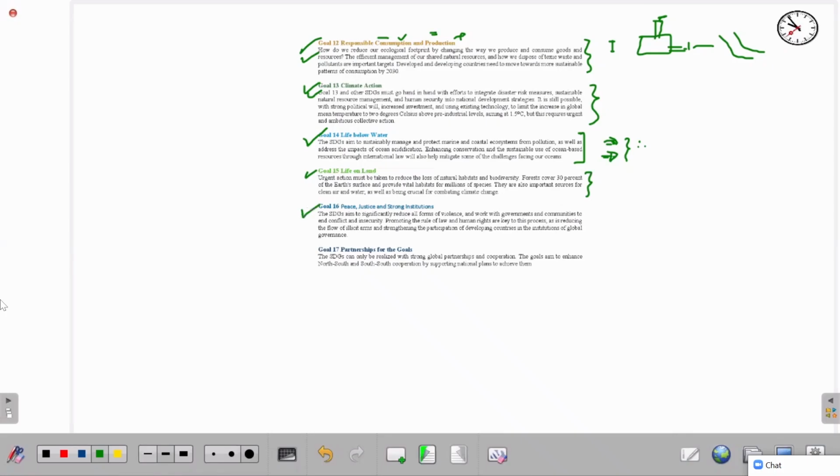And the last two goals are goal number 16 and 17. So goal number 16 is the general goal, which is peace, justice, and strong institutions, because without strong institutions, a country cannot sustain. Suppose in case of Bangladesh, there is no strong institutions. We are starving. We are, I mean, fighting for strong election institutions, and we see that